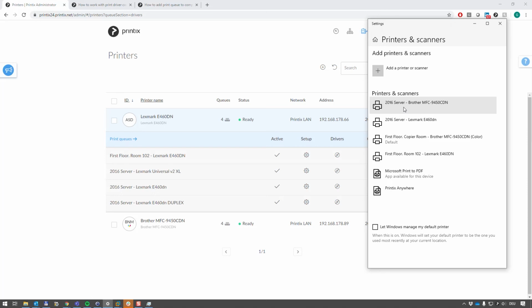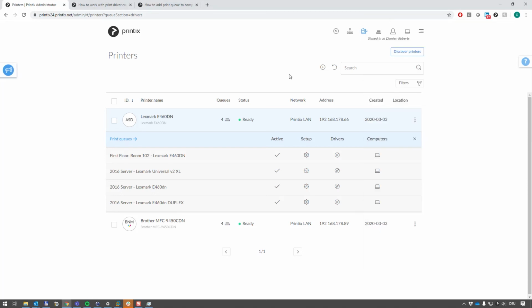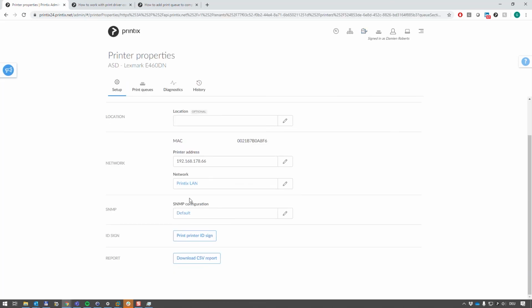There's some prerequisites for this to work. First of all, the printer queues need to be known to Printix Cloud. These are the queues set up on the print server. Second of all, the printers need to be situated on the same network as the client computer. So that means if my computer is, in this case, on the Printix LAN, and this device is physically living on the Printix LAN in this office, I need to tell Printix in the settings for the printer that the network is the Printix LAN, if this is not already the